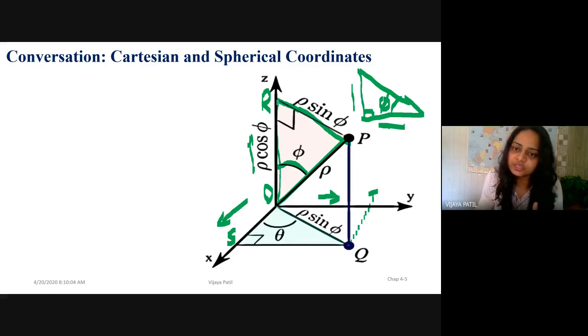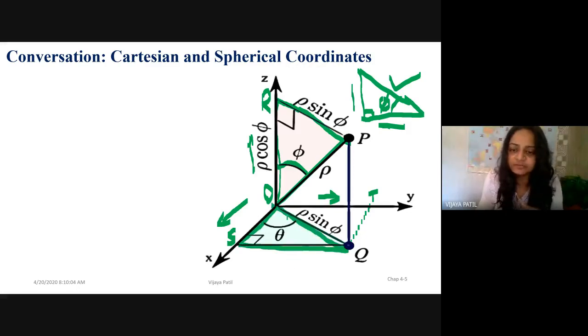So this is a cosine and a sine thing. If you observe from the rectangle R, P, Q and O, the RP component is the same as OQ. So what is it? It is nothing but rho sin phi here. It's also rho sin phi here. So OQ is rho sin phi. Again, we have to consider the same triangle here.